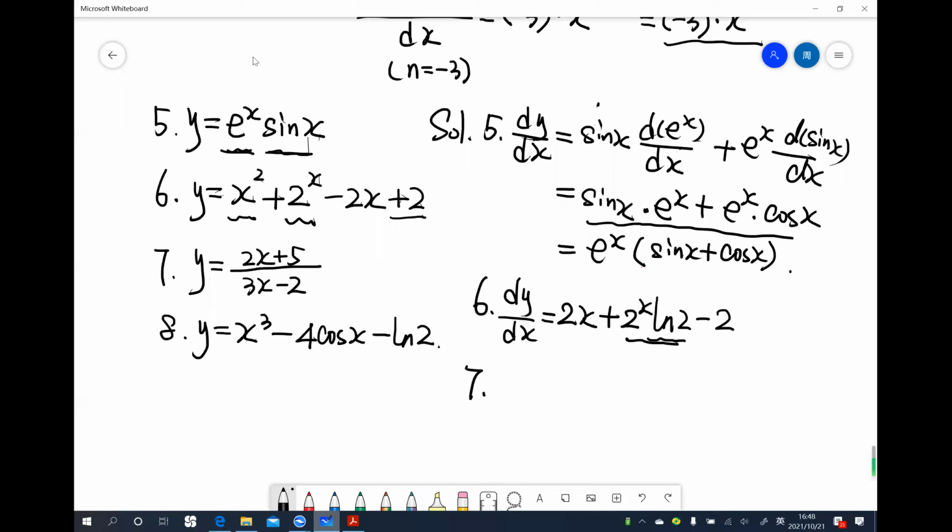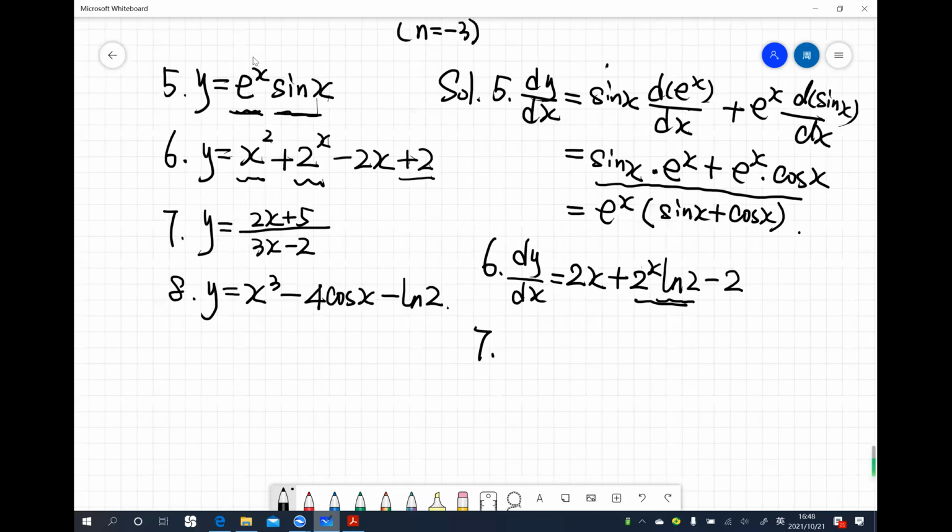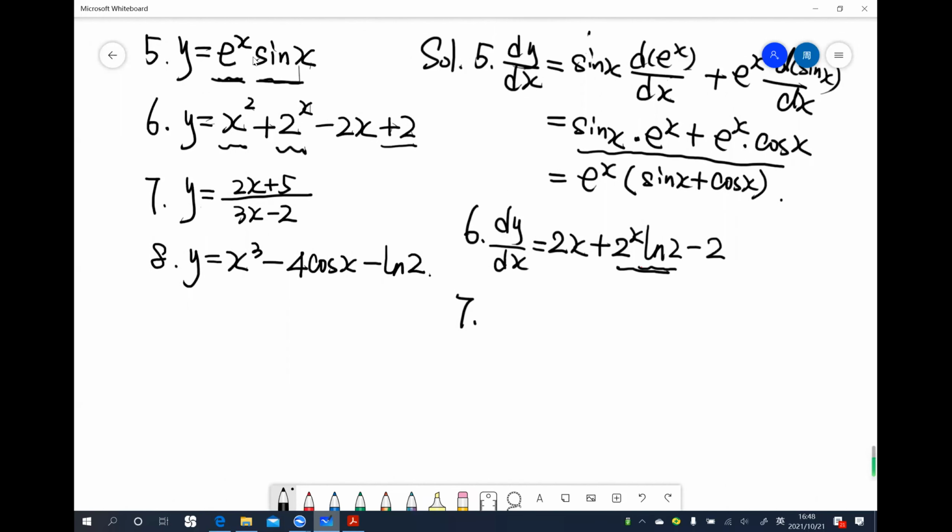So number 7. Number 7, we have to use the quotient rule, right? And here, dy by dx equals 2x plus 5 over, okay, we know here that is 3x minus 2 squared. So we write it here. You don't have to write it part by part. Just leave it here. It is okay. And then we use the quotient rule here. That equals to